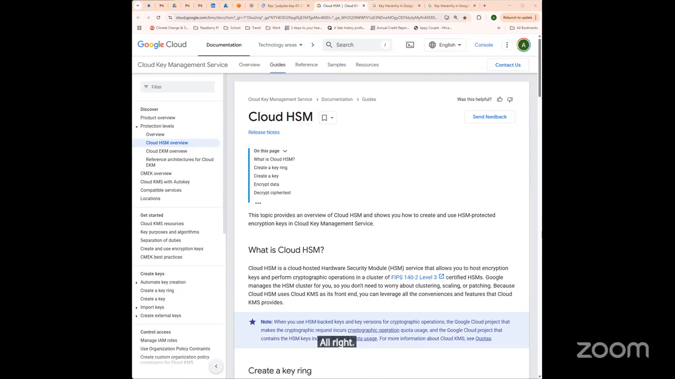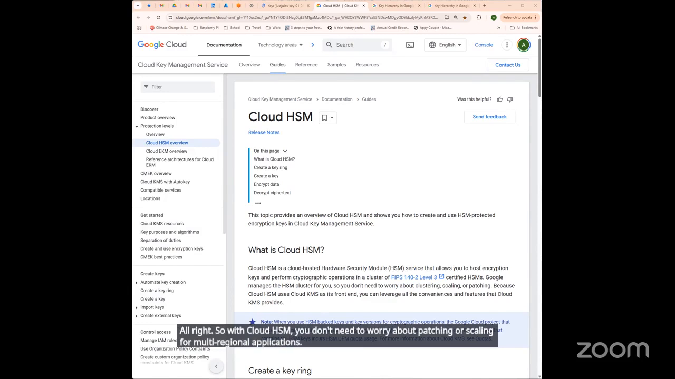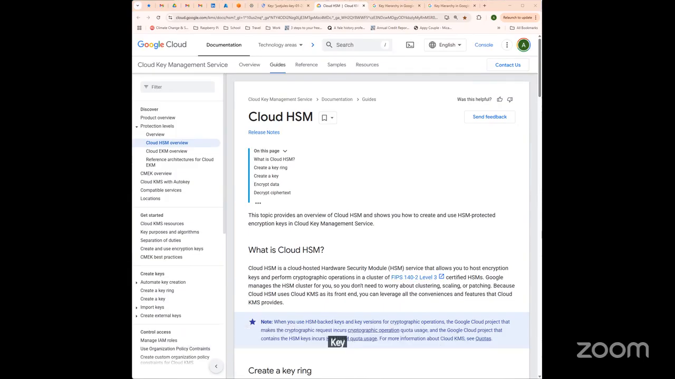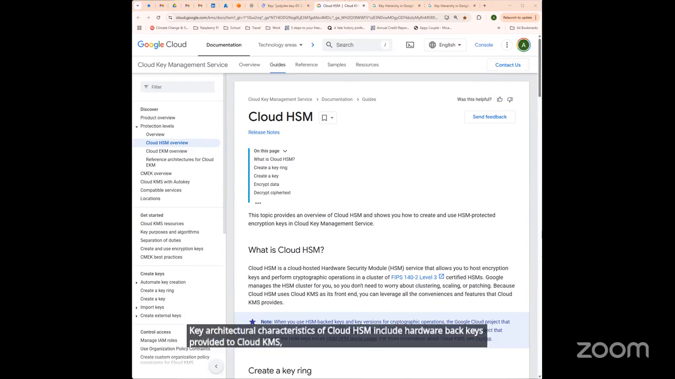So with Cloud HSM, you don't need to worry about patching or scaling for multi-regional applications. It uses Cloud KMS as its front end, allowing you to interact with Cloud HSM through the familiar Cloud KMS APIs. The architectural characteristics of Cloud HSM include hardware-backed keys provided to Cloud KMS, available auto-scaling horizontally to handle unpredictable workloads,